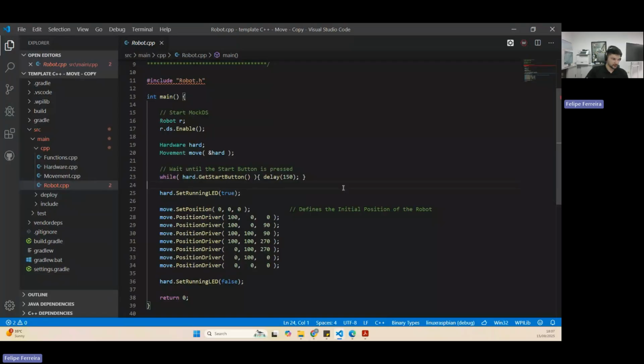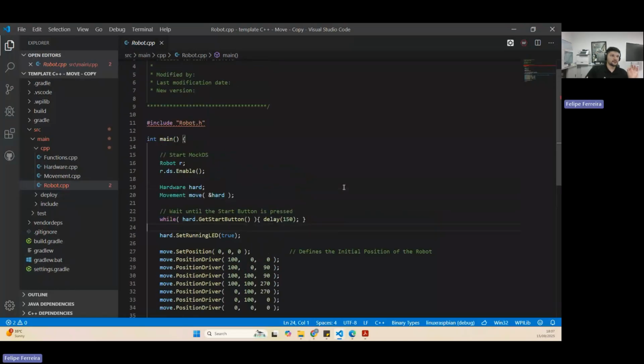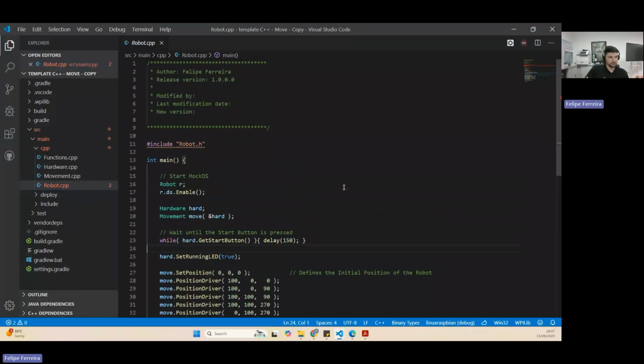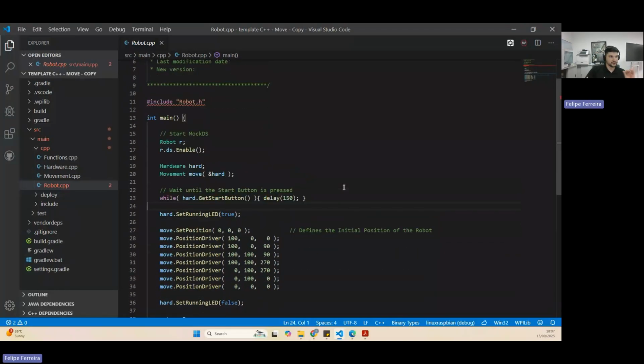C++ works better, is an easier environment to use. It works better with the robot, it has a better performance. And we have more information, more data, more resources, libraries that we can use and we can take from the internet. Okay. The main difference from this code to the one that we are using in Java is that I don't